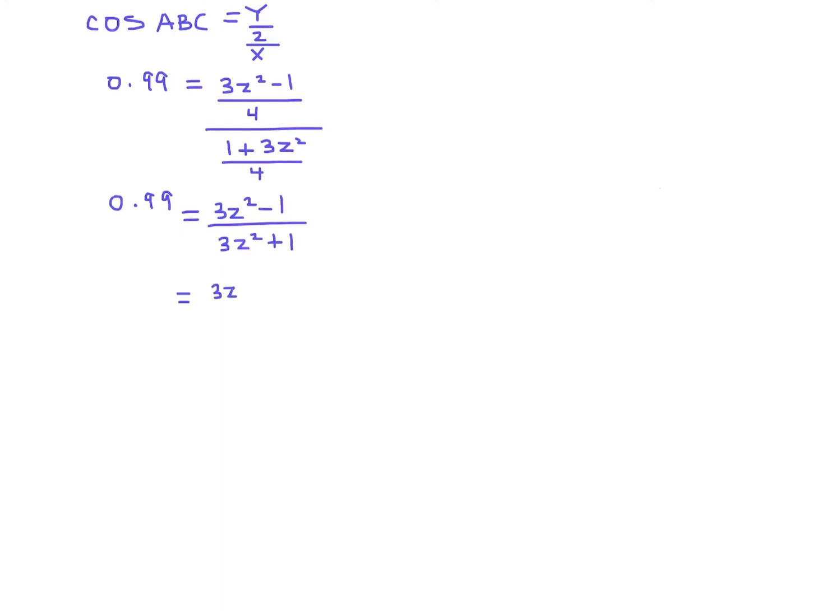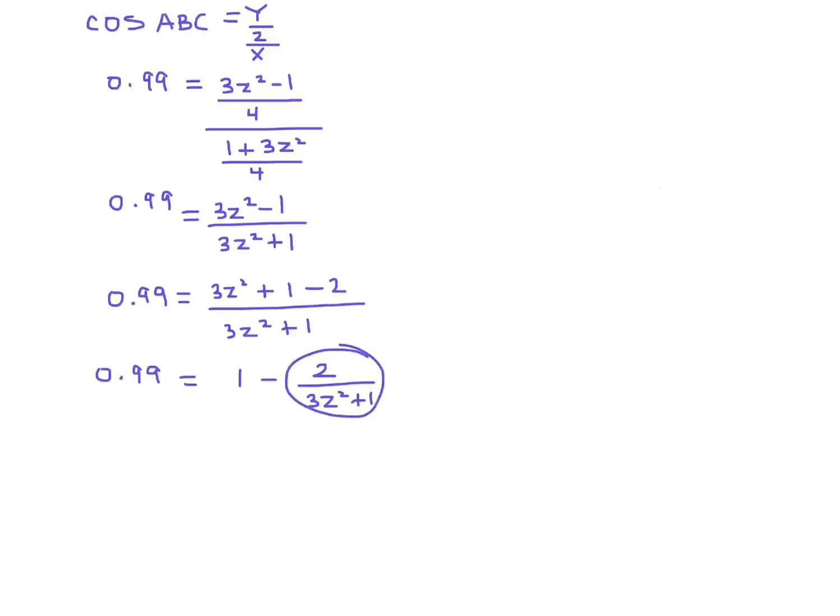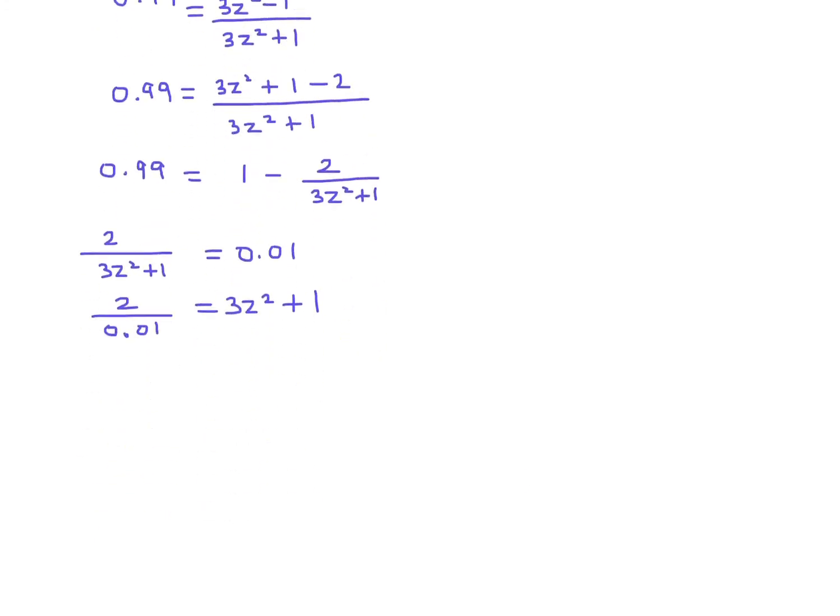And if you break this up, 3z squared plus 1 minus 2, this will allow you to make a neat rearrangement of this. This now becomes 1 minus 2 over 3z squared plus 1 is equal to 0.99. Bring this guy over to the other side, and you get 2 over 3z squared plus 1 is equal to 0.01, 1 minus 0.99. And then 2 over 0.01 is equal to 3z squared plus 1, right? And therefore this is 200 is equal to 3z squared plus 1. 199 is equal to 3z squared. And finally, z squared is equal to 66.3 approximately,